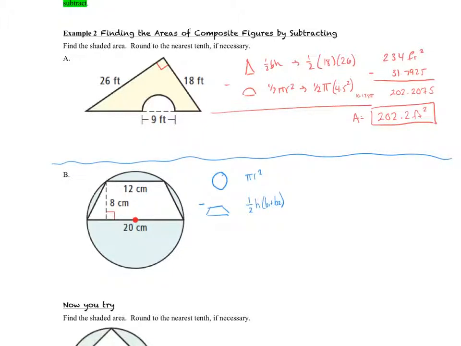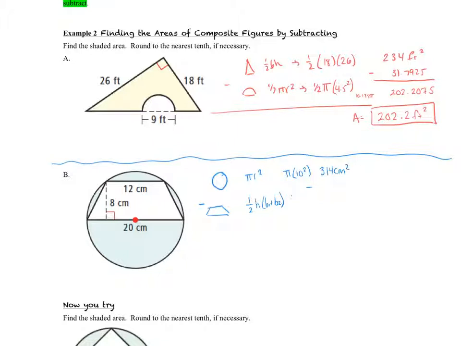So in this one with the circle, take away the trapezoid, I put in my formulas here, pi r squared, which is going to be pi times the radius. Notice the diameter is 20, so the radius is going to be 10 squared. And if you actually calculate that, 100 times 3.14 is 314 centimeters squared, minus